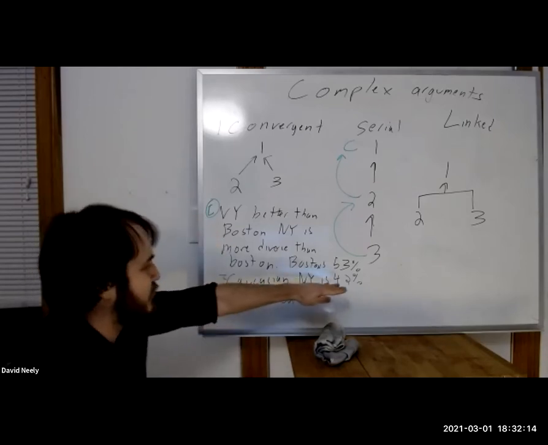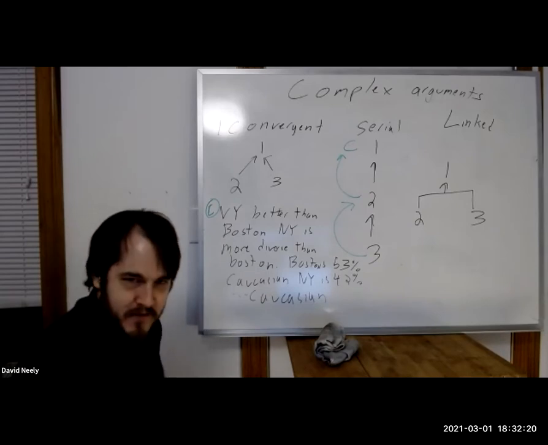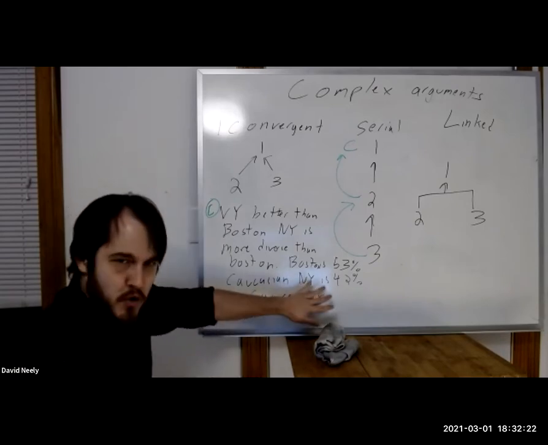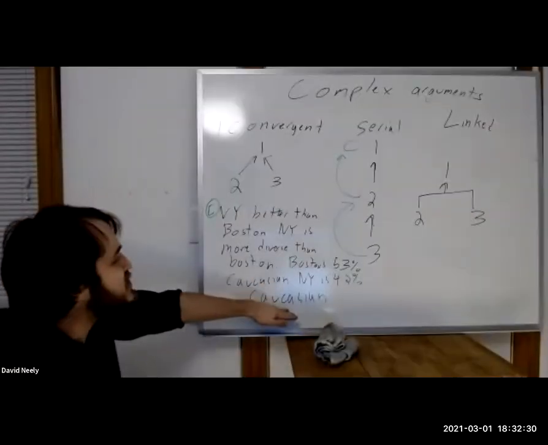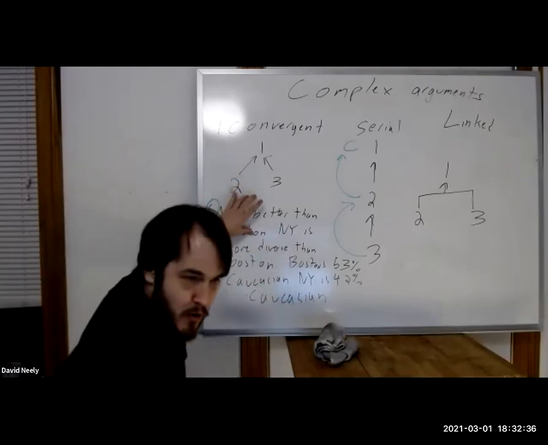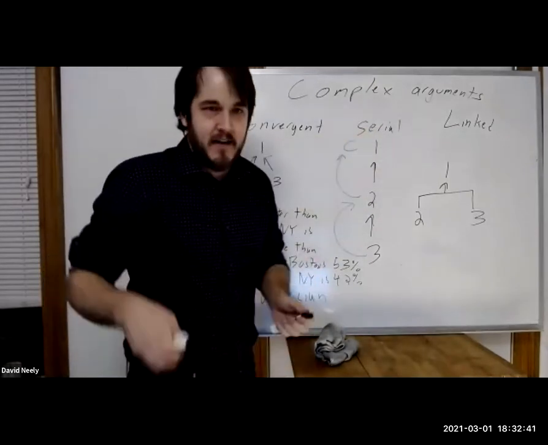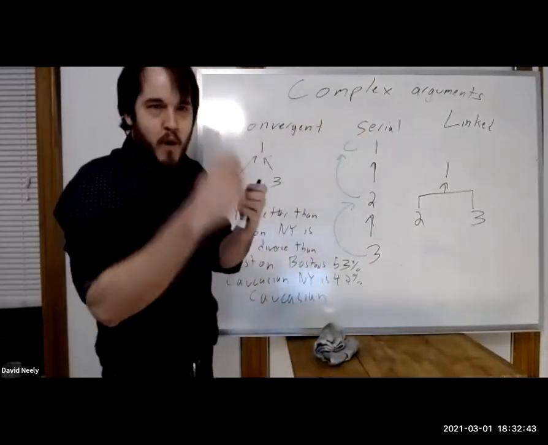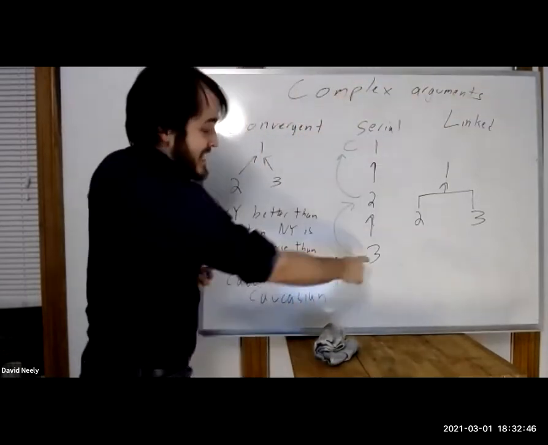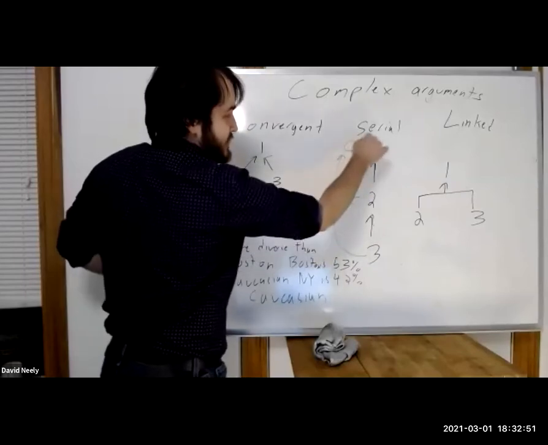Now then, what is this third sentence doing? Boston is 53% Caucasian while New York is 42% Caucasian. What is the evidence of that sentence? Yeah, it's proving that Boston isn't as diverse as New York. Exactly. It is a reason to accept this other reason, which is your reason for accepting New York is better. This is what's called a serial premise. And it's serial in the sense not of like Captain Crunch, but serial in the sense of one thing after another. So this one is evidence for this, and this one is evidence for that.